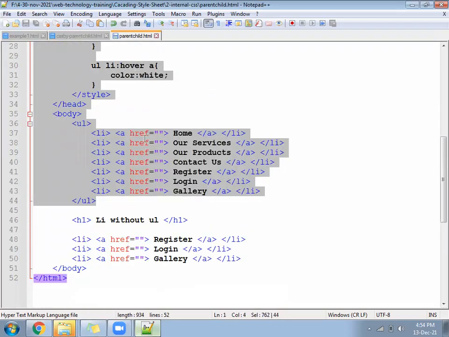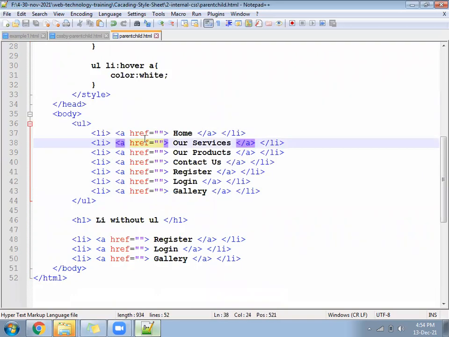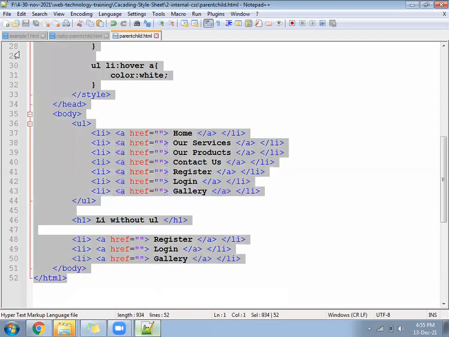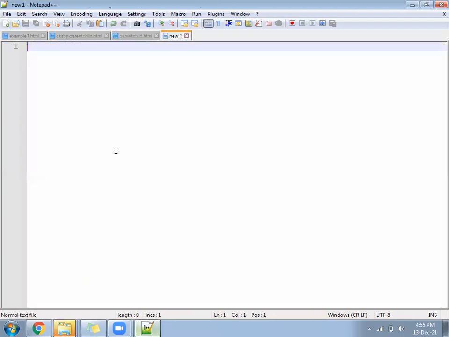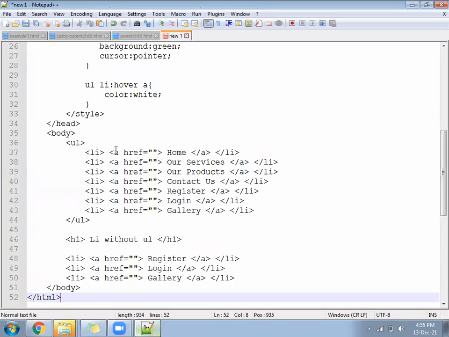Or copy everything from this file and paste it in the next file, and give the file name home.html.